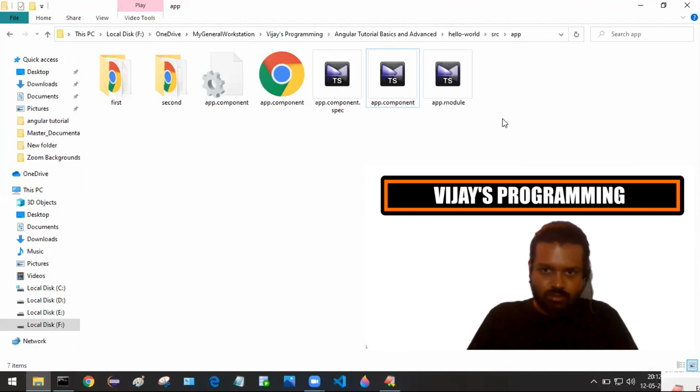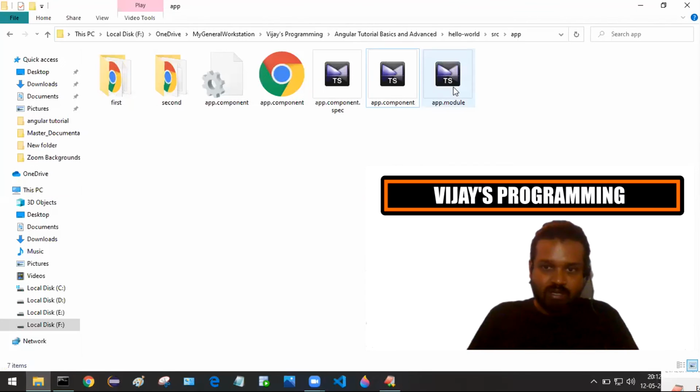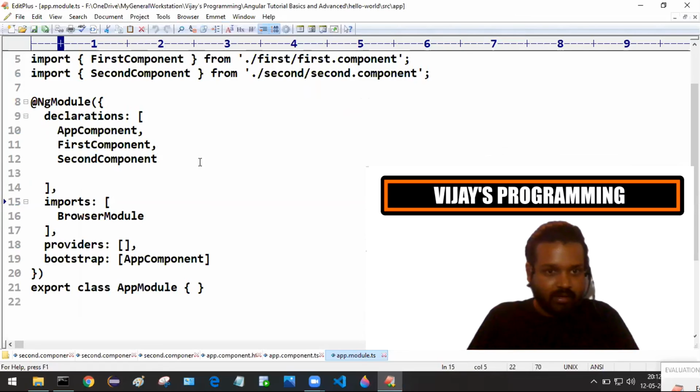I just want to show you some of the entries that have been made by Angular. App.module.ts has been updated. How has it been updated? We will see the content. Right click and edit.